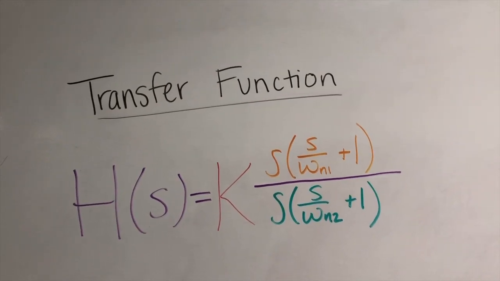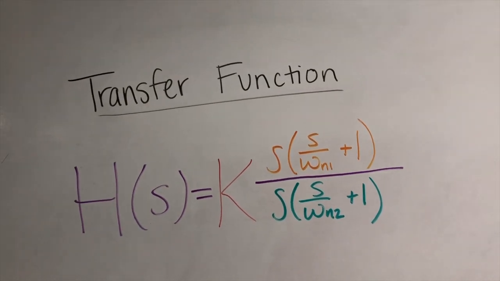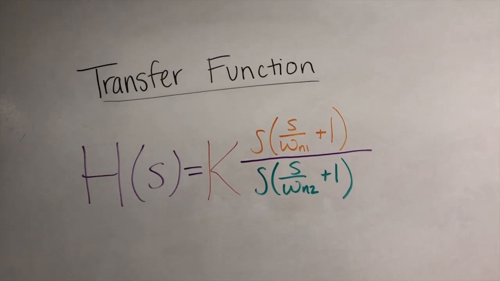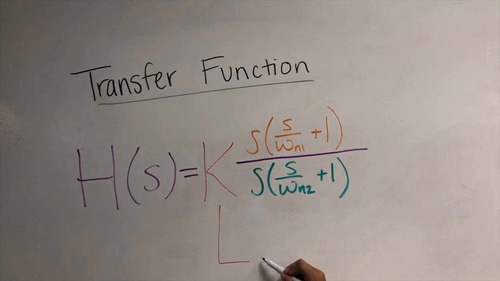So, how do you draw a Bode plot? You do that using the transfer function which you derive from your circuit. So, this is an example of what a transfer function could look like. Up front, you have the constant,